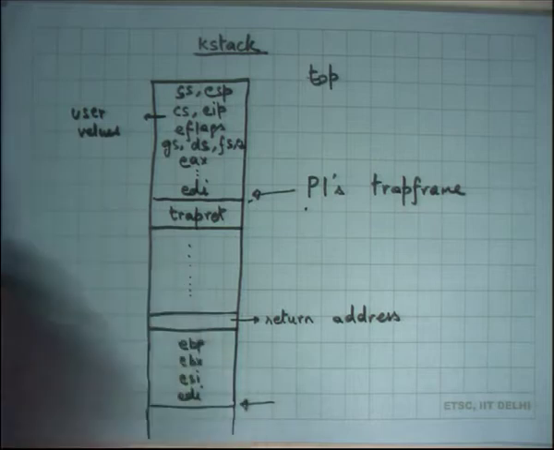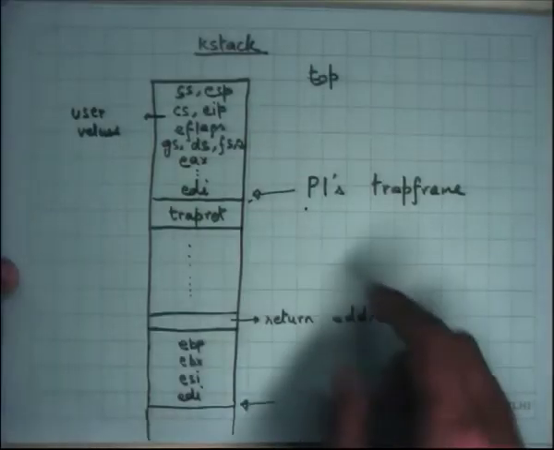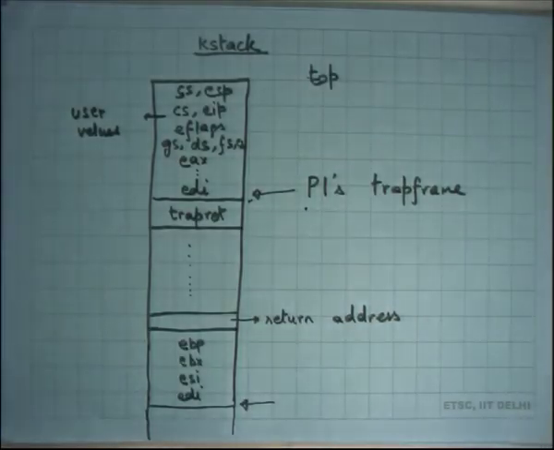The first trap could have occurred either due to an external interrupt, in which case there cannot be any other trap frame because the entire external interrupt handler will run with interrupts disabled, or it can happen due to a system call, in which case I don't need to really disable interrupts, right? I want my system call to be interruptible, and so now I want to make sure that my system call handler should never cause a trap itself.